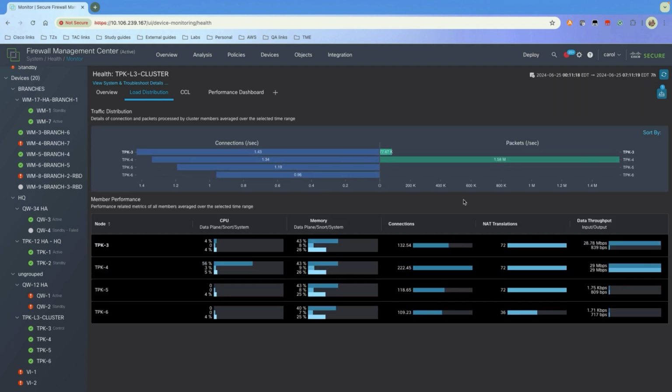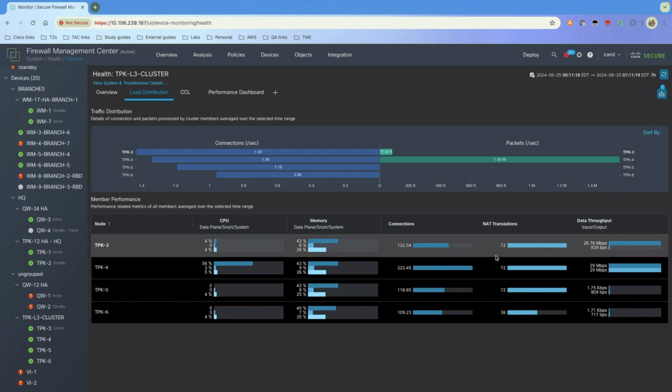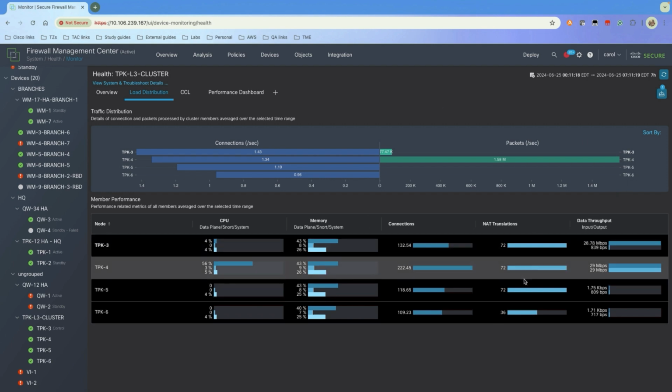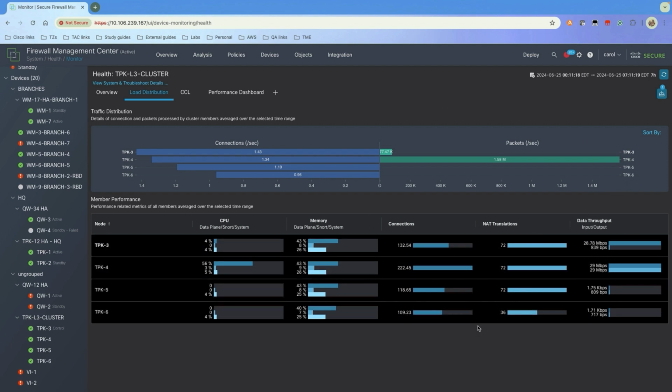Here you'd see that 2 nodes have no packets per second at all. But yeah, there are some connections per second. These could be the stale connections. But you see that most of the traffic is going on only 2 of the nodes. So this shows a traffic imbalance in your cluster deployment, which could be an issue on the peer switch side. And using this particular graphical representation, it can easily be figured out.